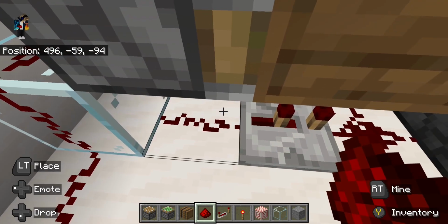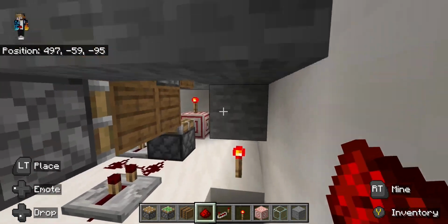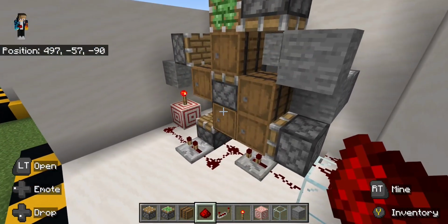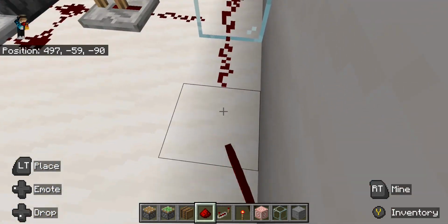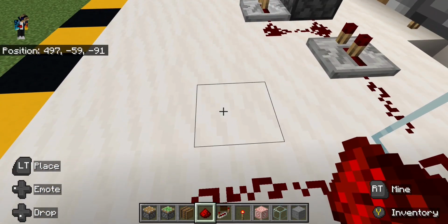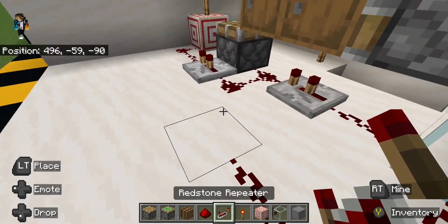is why you need the glass blocks, so that way you can link into there and also link into this side. And now I know you're probably thinking, why didn't you just link into the other side? Well, you actually need the other side for the other circuit. Okay, so go here, and then you're going to want to have a